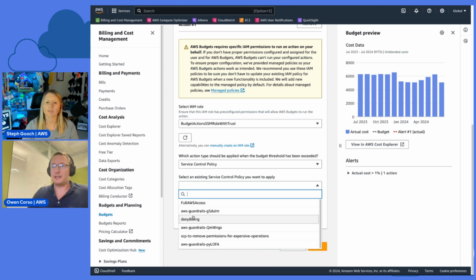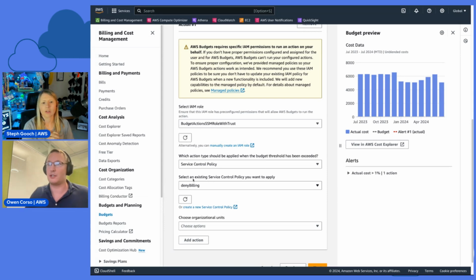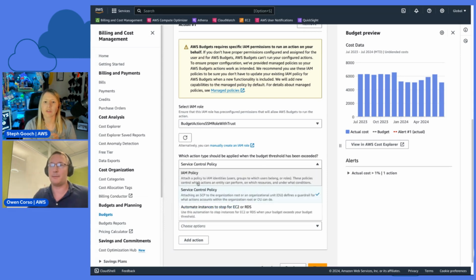So it works the same way where you select, let's say you have a deny policy, and then you choose which entity you want. And so that just restricts permissions. On both of these first two, it's all about permissions.